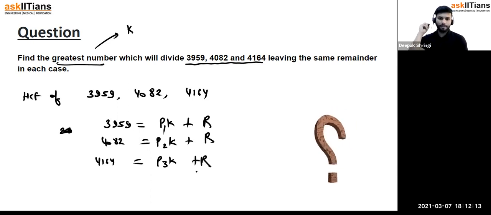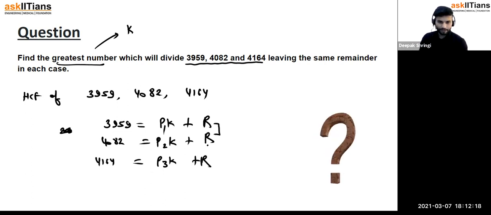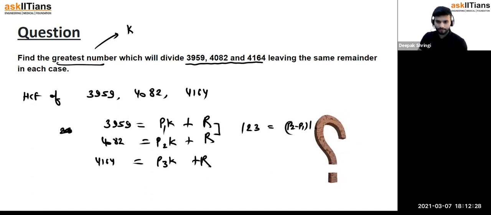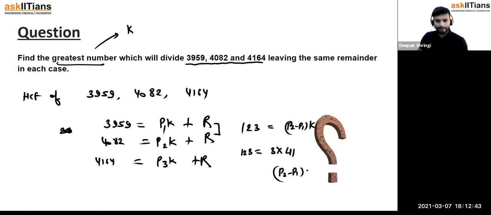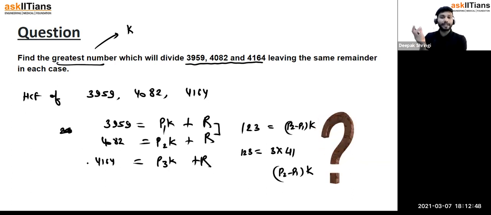राइट गाइस। अब हम लोग पहले इन दोनों इक्वेशंस को सब्ट्रैक्ट करते हैं। ठीक है, तो कितना आएगा? 9 and 3 12 और 6 and 2 8 और यहाँ पे आएगा 1, 123, जो है p2 माइनस p1 इंटू k। अब 123 एक्चुअली क्या होता है? 123 को 3 से डिवाइड करोगे तो 3 इंटू 41 आएगा। तो ये जो है p2 माइनस p1 इंटू k, इसमें से एक p2 माइनस p1 है और एक k के इक्वल है। k कौन सा है, p2 माइनस p1 कौन सा है, वो कैसे पता लगेगा, उसके लिए मैं बता रहा हूँ आपको मेथड।